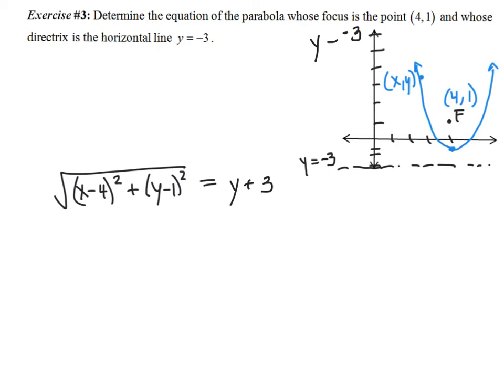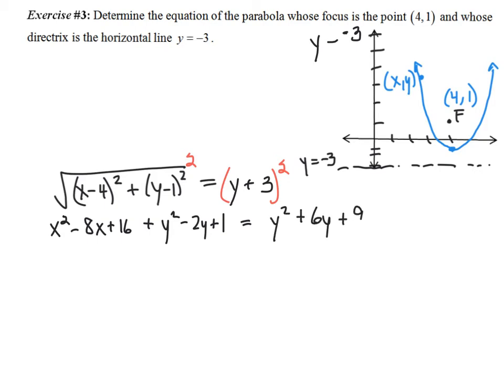Now I'm going to go ahead and take a couple steps at once here, so I'm going to start by squaring both sides. So when I square both sides, that of course eliminates my radical. Can I go ahead and square those binomials underneath? So x squared minus 8x plus 16 plus y squared minus 2y plus 1 equals, on the right side, let's square that binomial, y squared plus 6y plus 9. Y squareds will cancel from both sides of the equation. So that tells me that I now have,